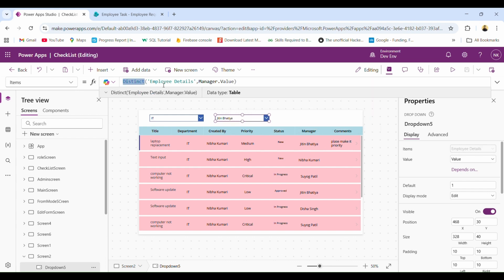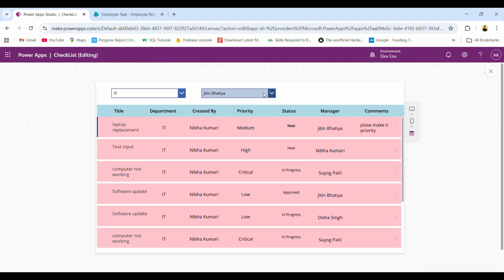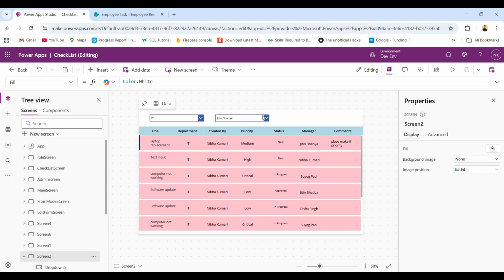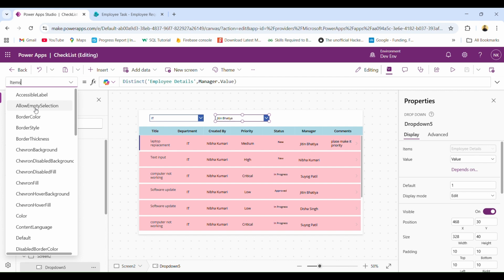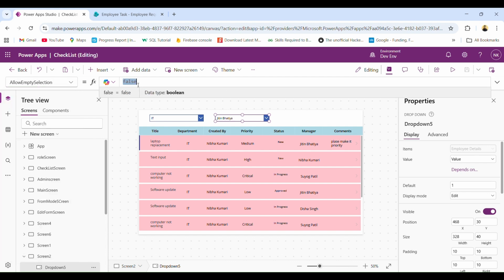So Distinct is one of the functions in Power Apps that is going to give you the distinct values of the given parameters. So first the data source and the second parameter is the column name. Let's test this out. Cool. Now for this drop down as well, we are going to first enable the allow empty value. So it's true,